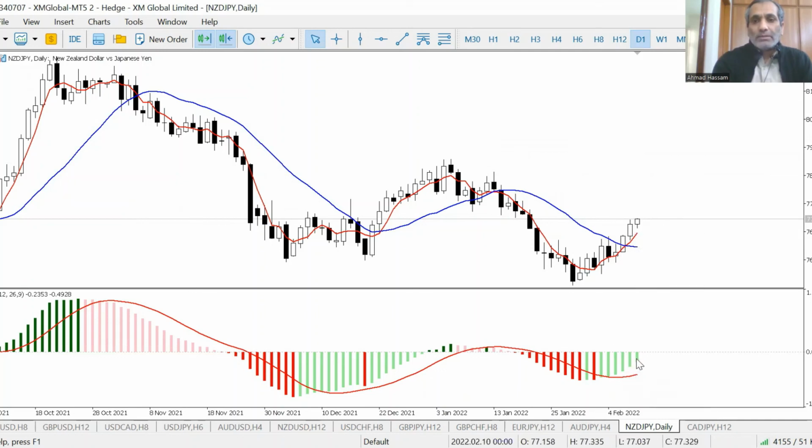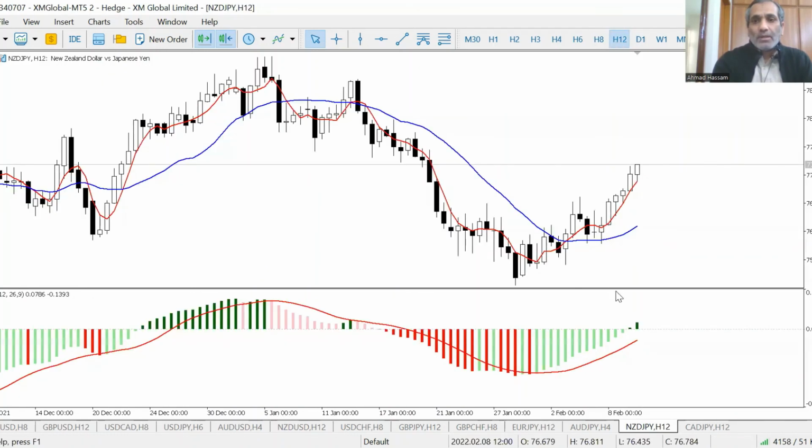But you see here, this MACD is bullish. Here again, MACD is bullish. So we cannot make an entry, but just look at this chart. We'll monitor these 3 charts in the next 2-3 days, because these are the 3 pairs that have good strength. One currency is overbought, and another currency is oversold.